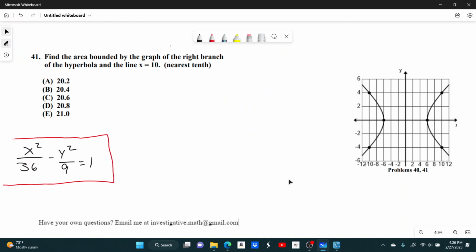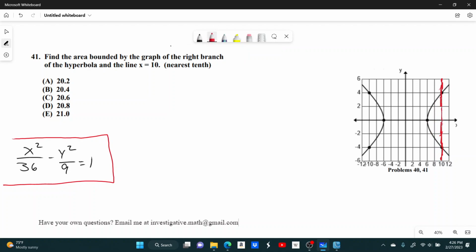Number 41. Find the area bounded by the graph of the right branch of the hyperbola and the line x equals 10. So x equals 10 is just this vertical line, basically just right here. And what it wants to know is this area right here. So in fact, because this is symmetrical, what I'm going to do is take